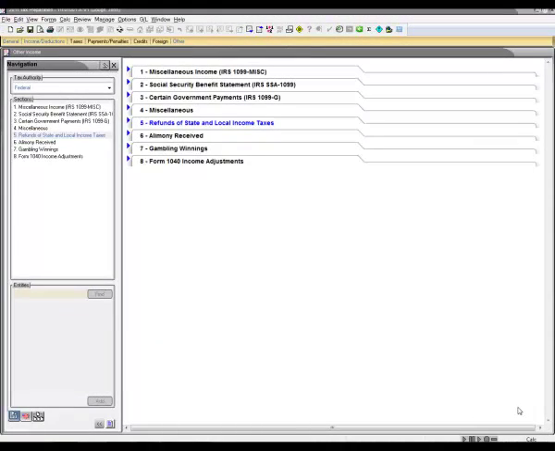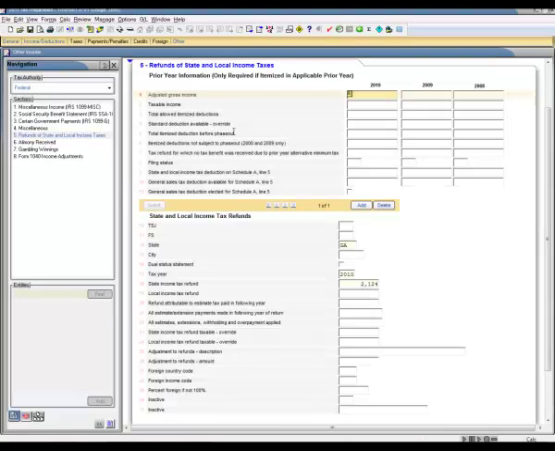Now, let's work on the Other Income section. You can access the Other Income section by going to Income and Deductions, Other Income. We'll work on Section 5, Refunds of State and Local Income Taxes. As you can see, we have input the Georgia refund related to 2010 for